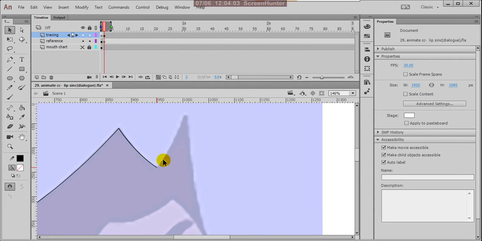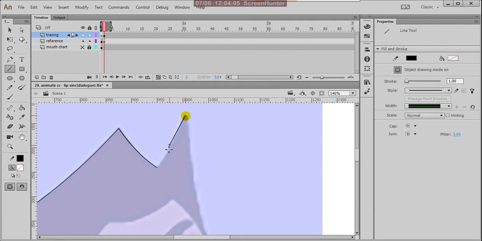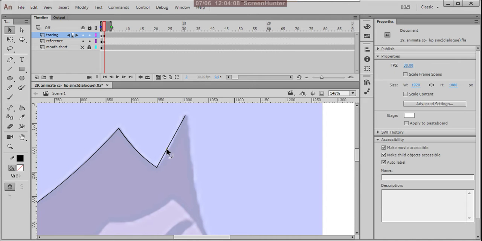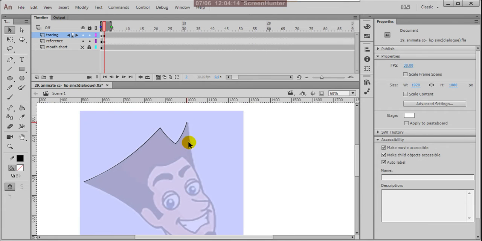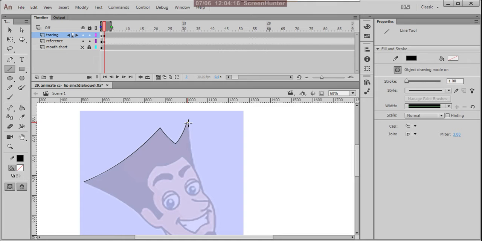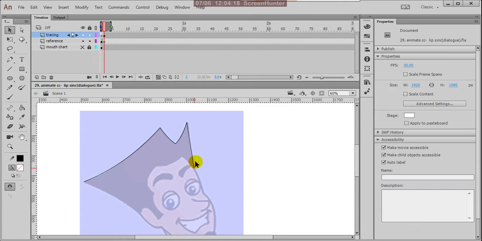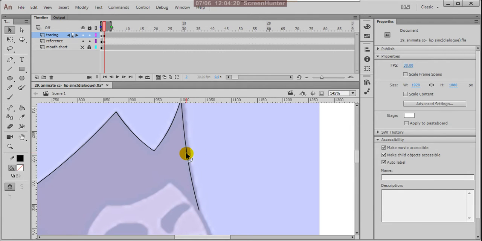Then again N, and again N, give the shape.